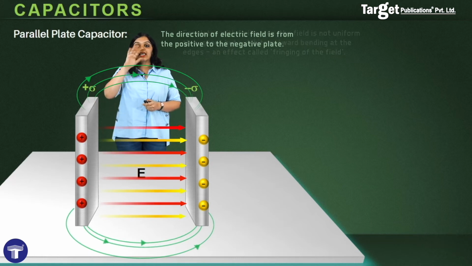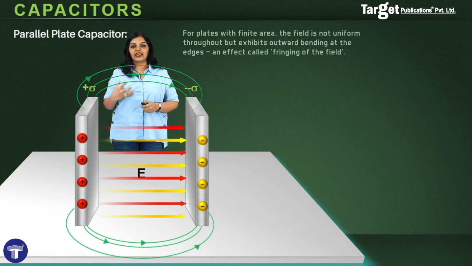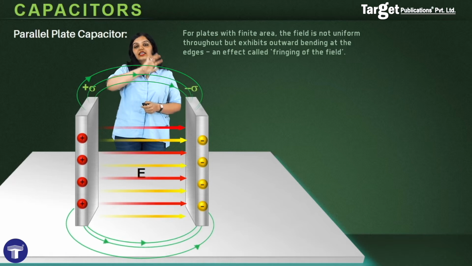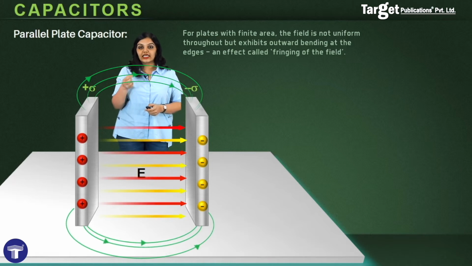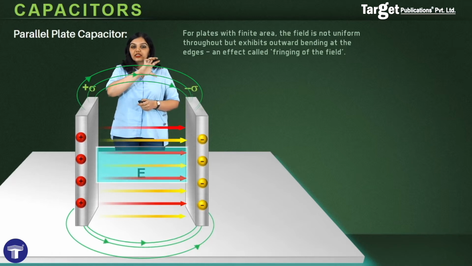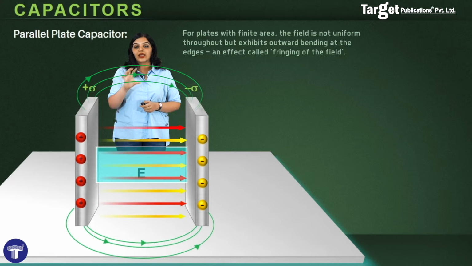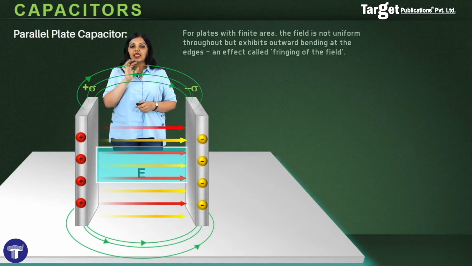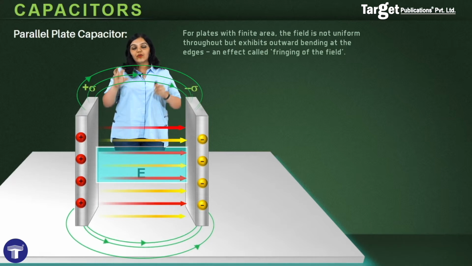In fact, at the edges, that is, when the plates have a finite area, the field is not uniform throughout but exhibits outward bending. That is, at the edges you will see that the electric field is bending, and this is known as the fringing of the field. However, we want the field to be uniform, and therefore when we are discussing this parallel plate capacitor in our chapter, we are actually looking only at the middle part of the field where you can see that the field is nice and uniform and straight, and therefore we are ignoring this outward bending